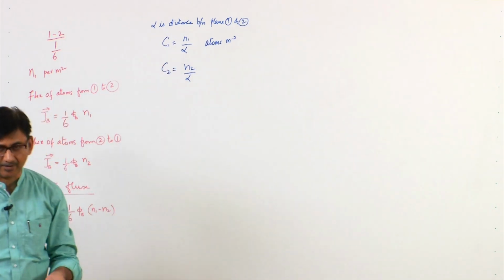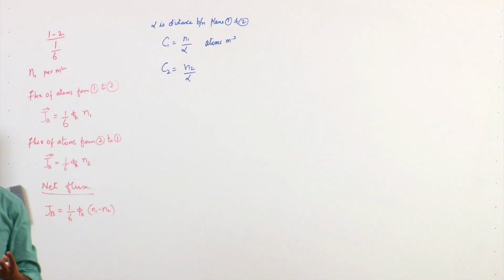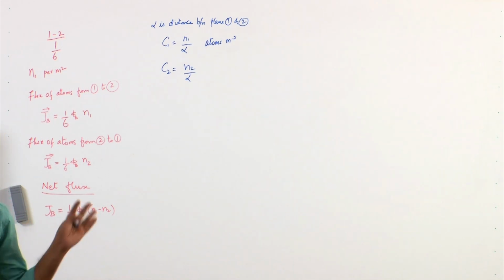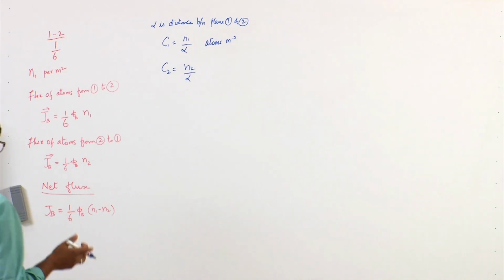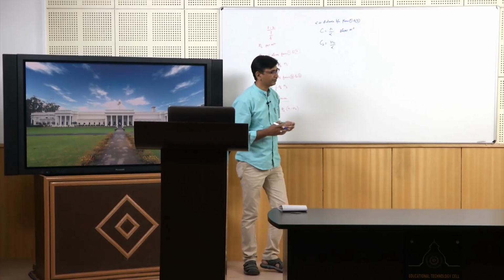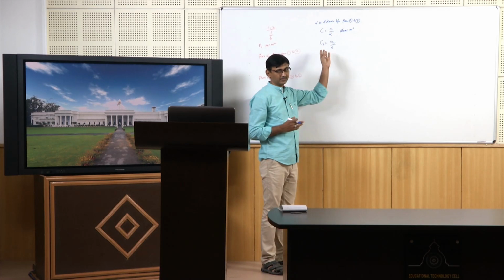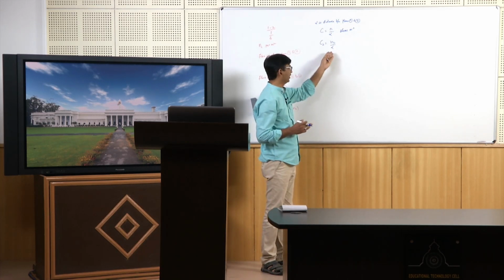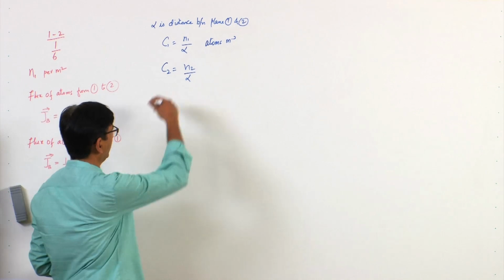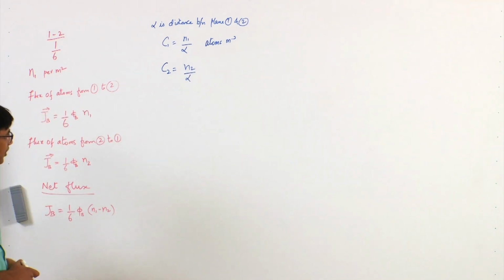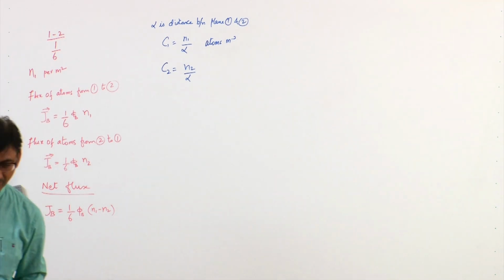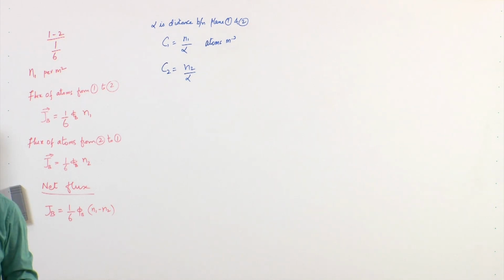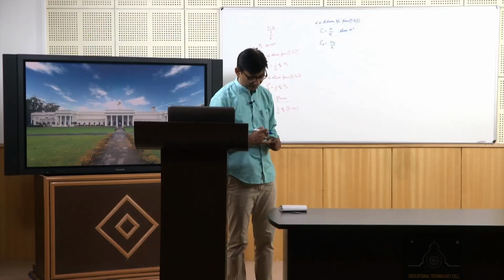It can be atomic percentage, maybe sometimes you express the concentration in terms of weight percentage. So, right now it is atomic percentage, the number of atoms in a given volume, and C2 will be concentration in number of atoms in a given volume, again atoms per meter cube. So, now I have defined C1 and C2 here. I will use that to change this particular equation here. So, now equation 3 becomes